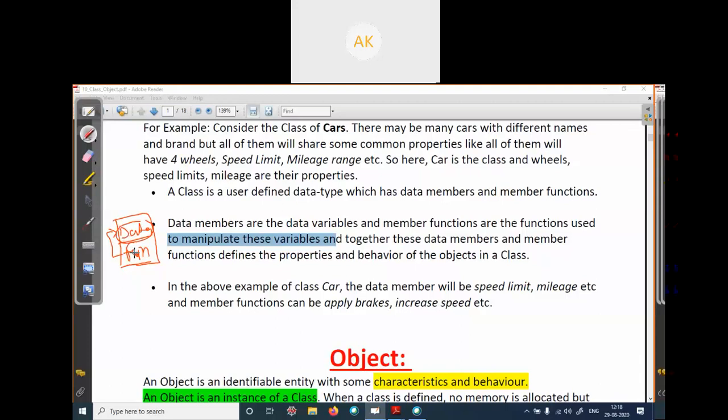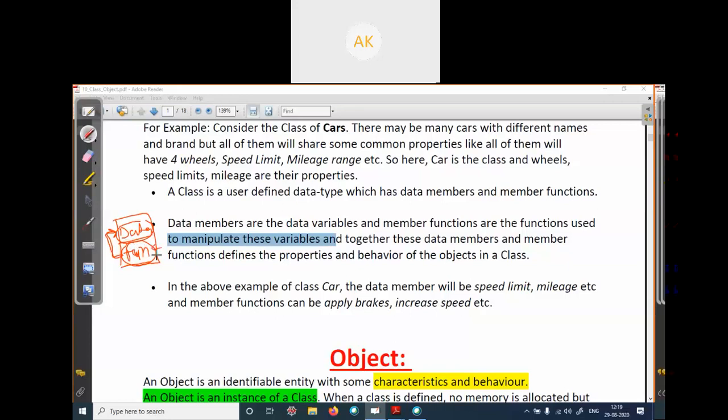Take the example of a mobile phone. In your mobile phone there are many functions. You use a function, and this function will change your data. You cannot change your data directly; you use only the function, and the function changes your data. Like with an AC, there is a remote. Via the remote you can apply different functions, and your AC will respond accordingly. So you can increase or decrease the temperature of the AC.